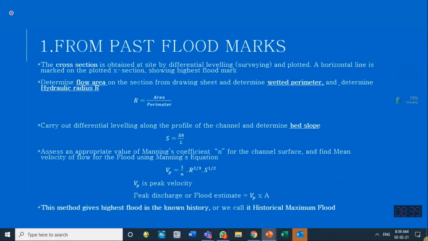It seems to be easy, but it is quite a hectic job. For example, if I am working in the Swat area and I have a hydropower project there, and there is no hydrological station over there, I will not get the flow data. How can I get the flood data? So then we have to live in that area.